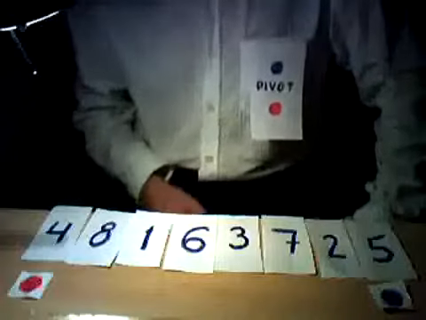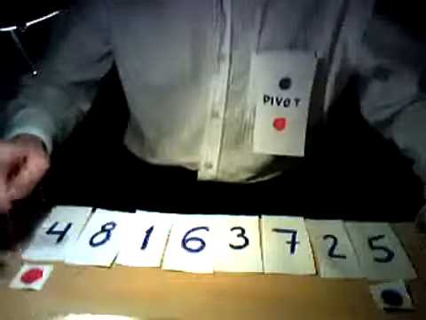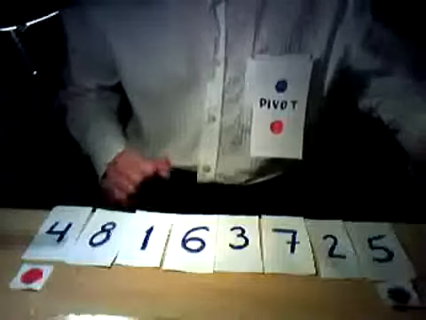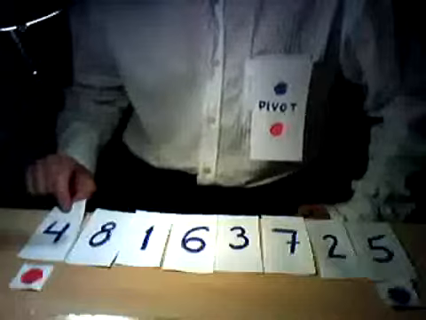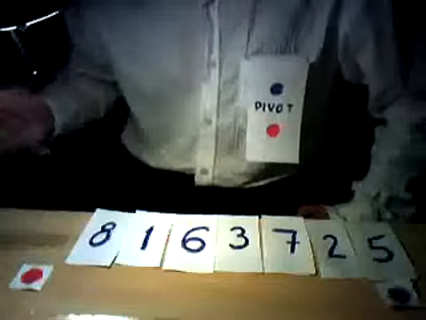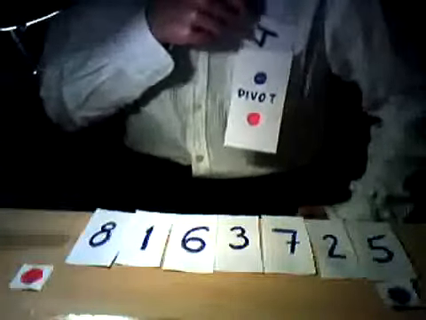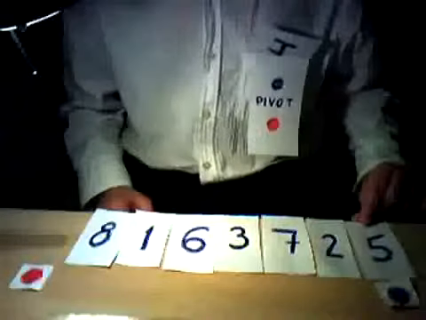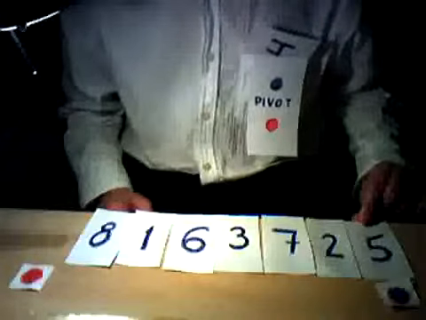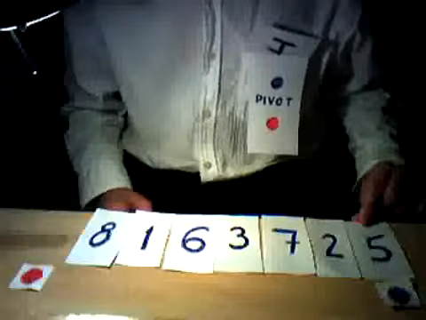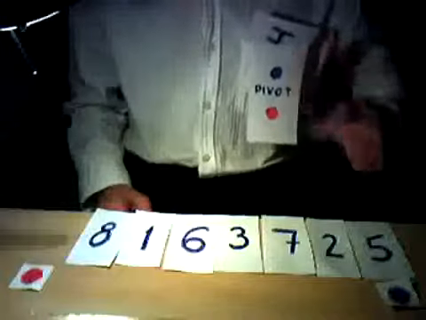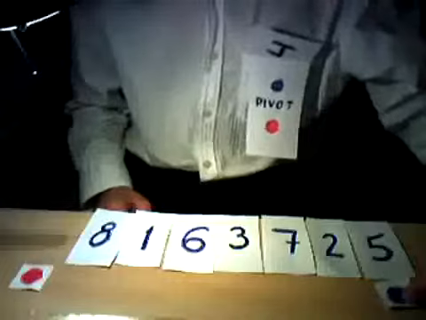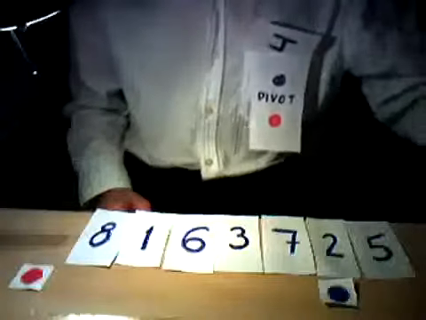So we start by putting the left pointer on the leftmost element and the right pointer on the rightmost element. And we choose the leftmost element to be our pivot element. So I'll put it here so we can see it. And then we move to the right pointer and we check to see if it is higher than the pivot element, because that's what we expect. And 5 is higher than 4, so in this case we just move the pointer one element